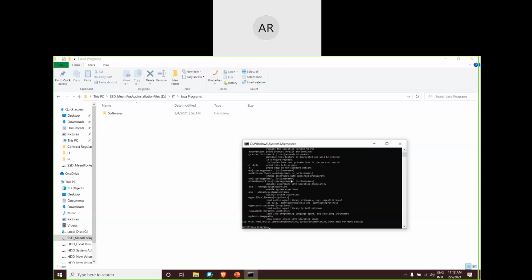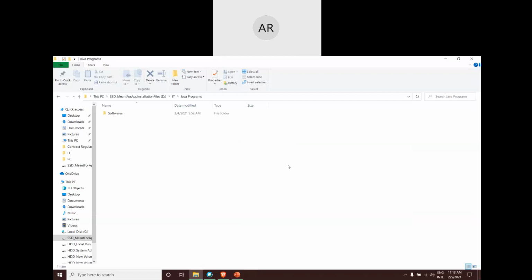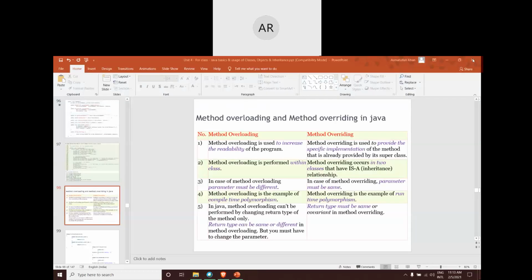So this is how you will cross check whether your installation is done or not. Otherwise, it will say command cannot be identified or something like that, an unknown command error. Okay. So here we are coming short of our time.